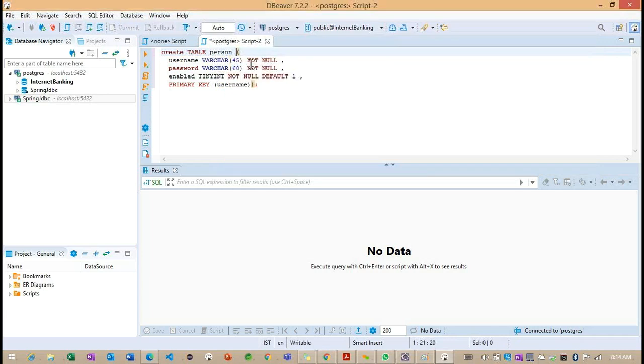Right. And what are the properties we are having? The property we are having is ID, with a data type called number, I think.